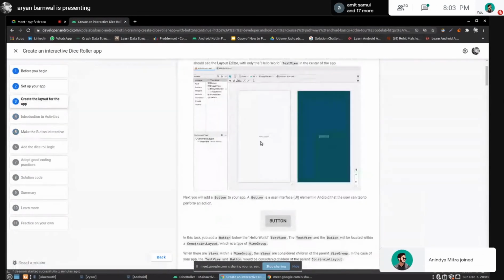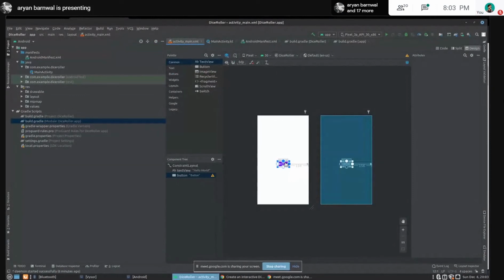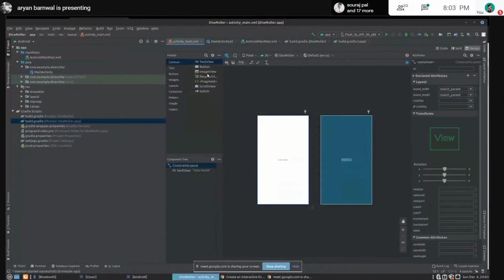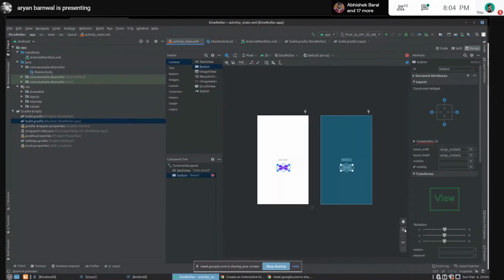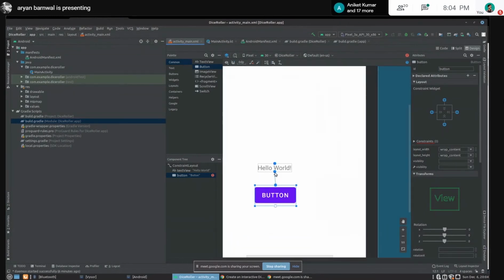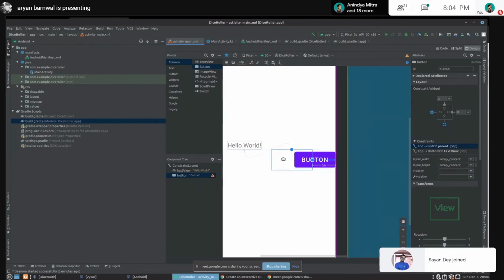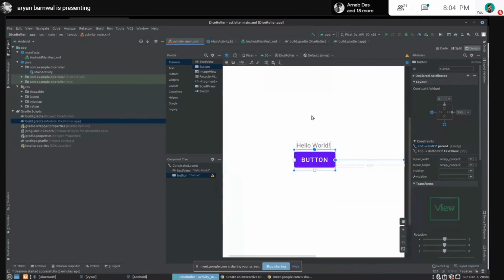I will go to my design tab. Okay, I've already done that, I'll just delete it. So I will drag this button and drop it here. This is a constraint layout, so you have to provide constraints to the views. Otherwise, it will jump to 0,0 or like here. So I will give it a constraint. I will attach the top part of this to here and here to the edge of the screen. And I will move it back to here. And I will give it just some space. So this is how you attach a button.